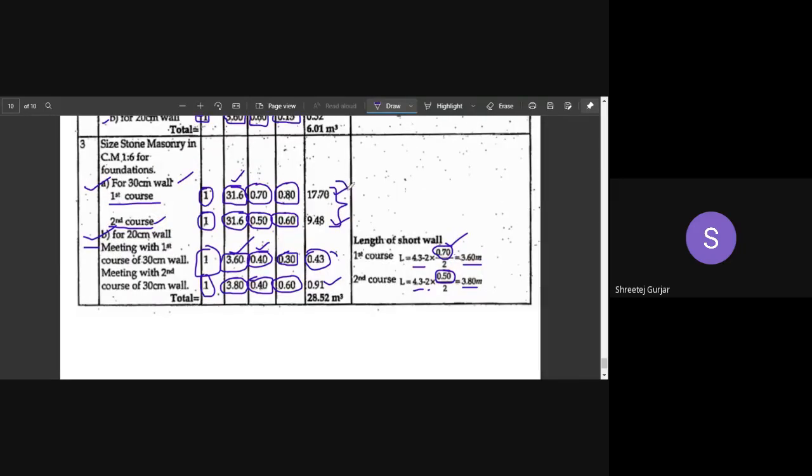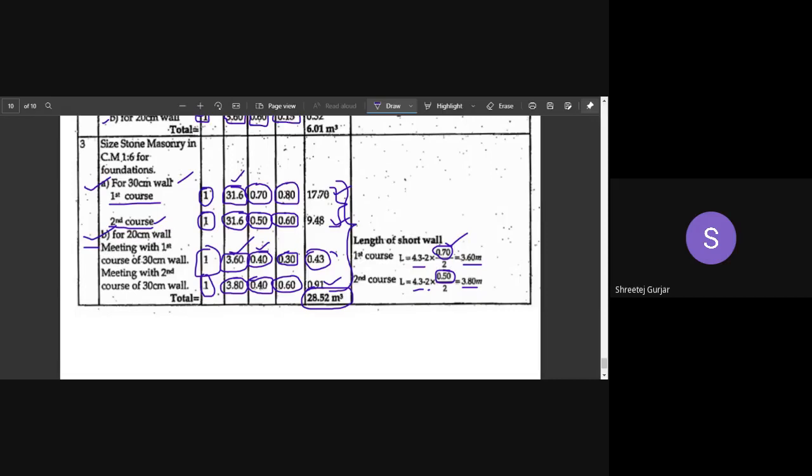So the number will always be 1. So the length we have calculated as 3.8, and we know the width of the side stone masonry in the cross section is 0.4, and the height is 0.6. Okay, so it will come up to 0.91. So adding up all of this side stone masonry work, you get the total quantity as 28.52. So this is how you calculate the side stone masonry in cement mortar 1:6 for foundations of 30 centimeter wall